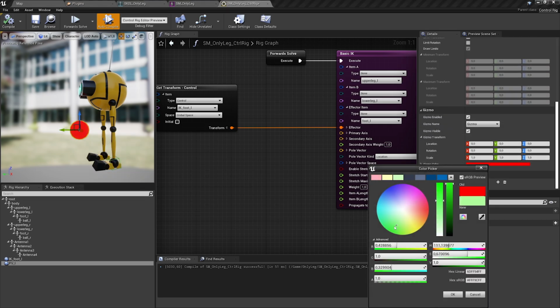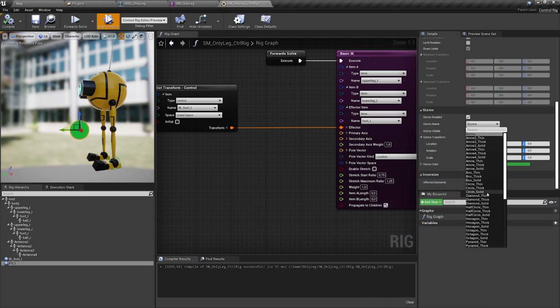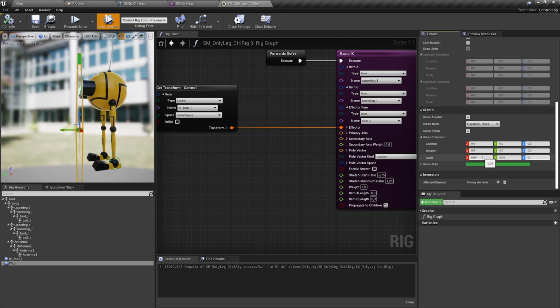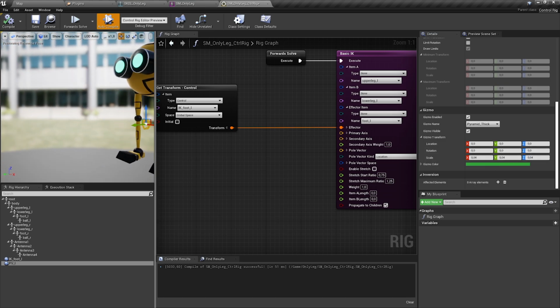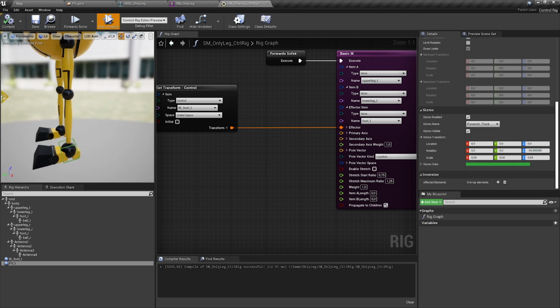Let's change the color as well, and then let's find a gizmo that fits. So maybe a pyramid will do fine. It's way too big, so let's get it to a proper size. You can adjust this as you like, and then we can rotate it so it's maybe pointing to the knee.